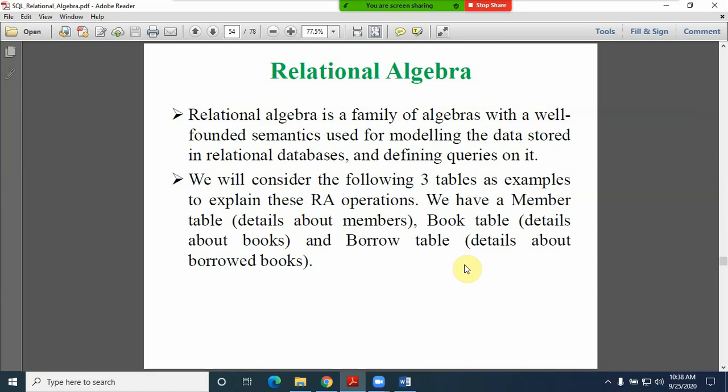because as a developer, you already have the knowledge of SQL and PLSQL kind of things. But now one more important thing is we need to have the relational algebra aspects, and these help us by providing various kinds of semantics. And to process these operations, we are dependent on three different tables, friends. One is the member table, second is the book table, and third is the borrow table.